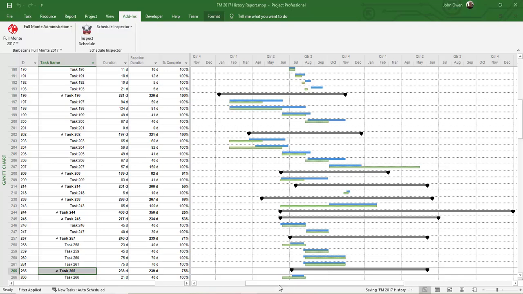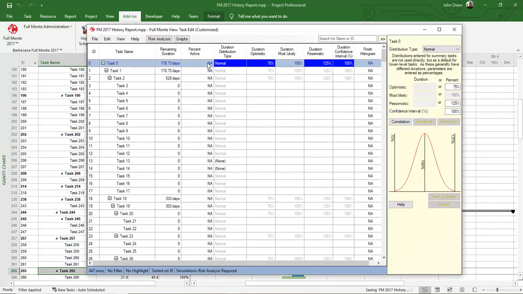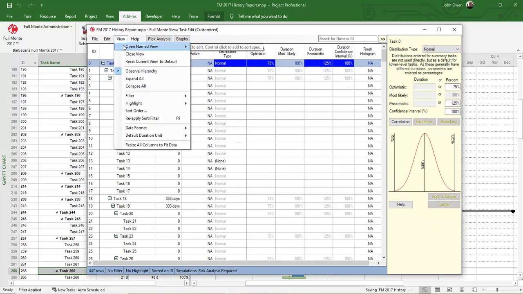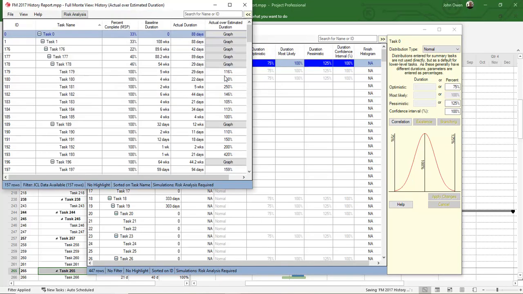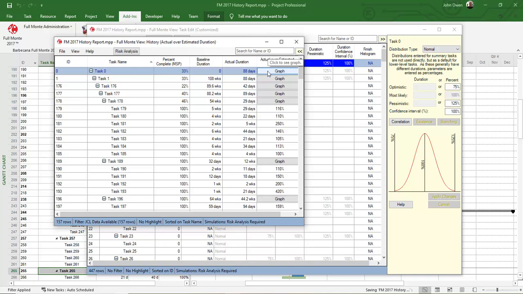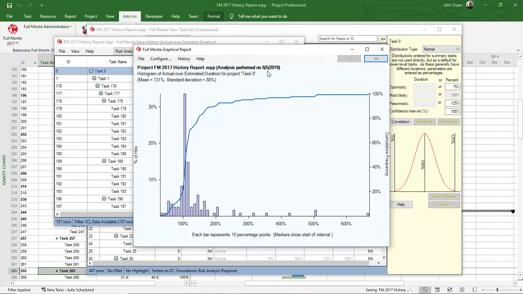I will launch Full Monte and open the history view. We can see the graphs available at the various summary tasks. Here I am opening a graph at the top level of the project structure. We can see that the various results are varying between under 50% of the estimated duration and up to 660%